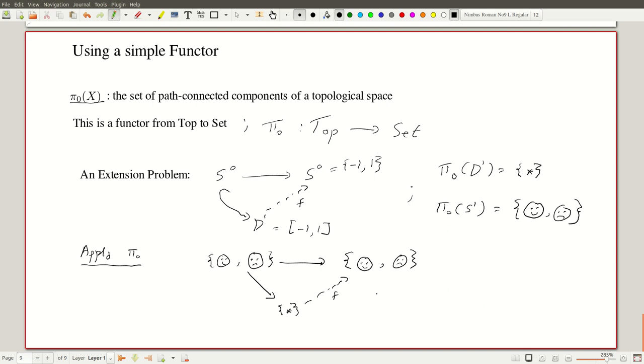Okay, so now there are two cases. They are treated in the same way. So suppose f of star, well, it has to be either a smile or a frown. Since there's only one choice, it's better we keep smiling. And so suppose f of star is smile, then let's give these guys a name, and this is I, and this is of course the identity.